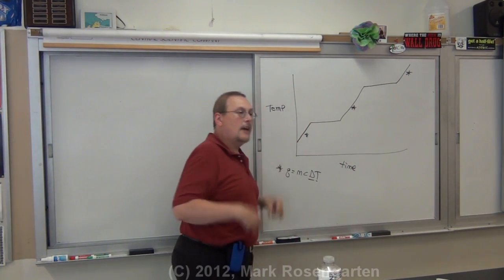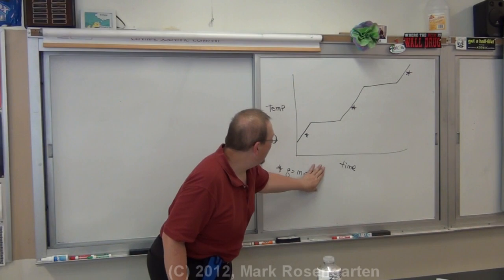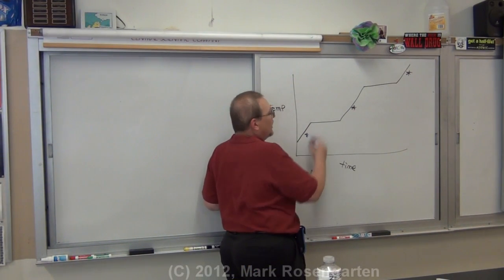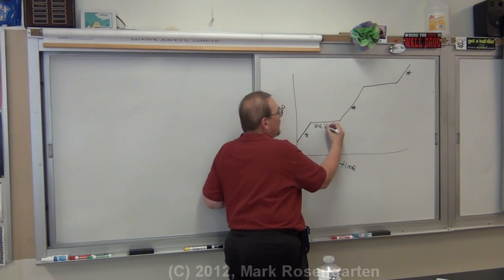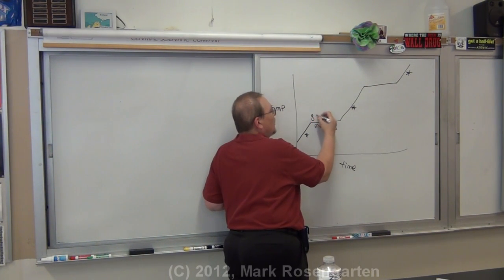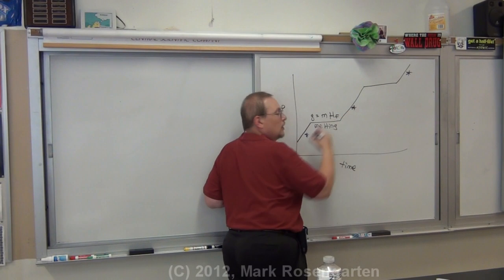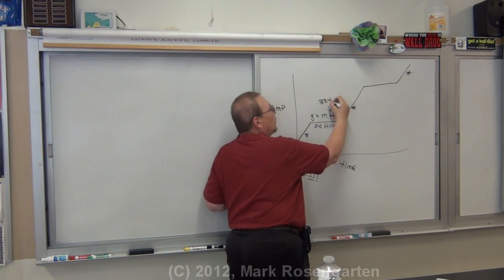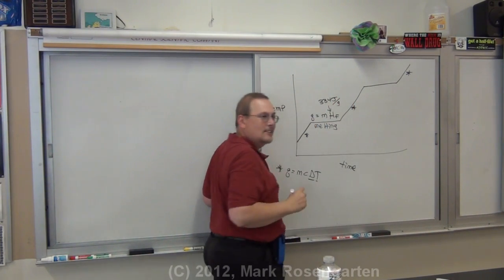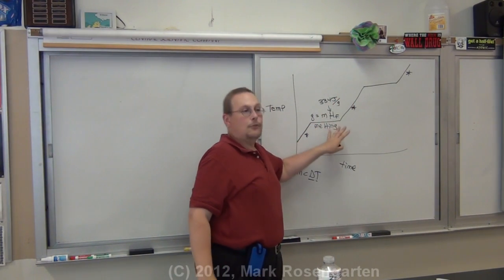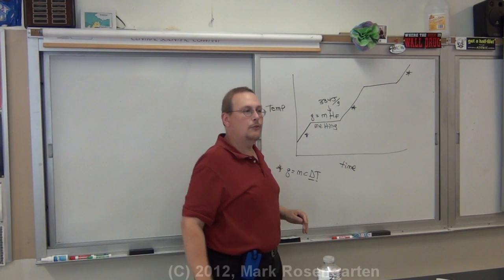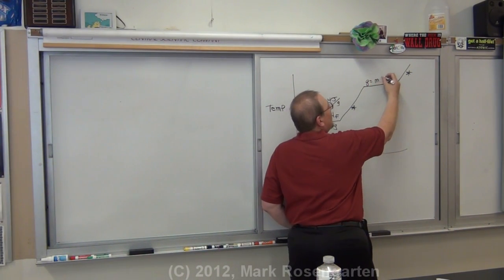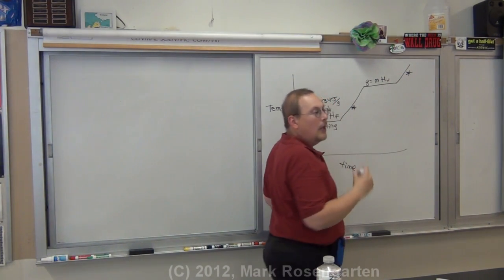So what we need is a similar equation, except without the delta T in it. And that's where heat of fusion and heat of vaporization come in. For melting, we use Q equals mass times heat of fusion. The heat of fusion of water is 334 joules per gram. It's different for every substance. For water, it's 334. When you boil, you need Q equals mass times heat of vaporization,